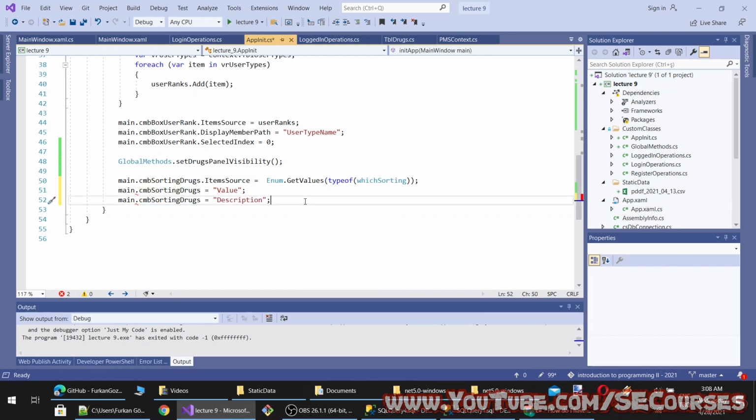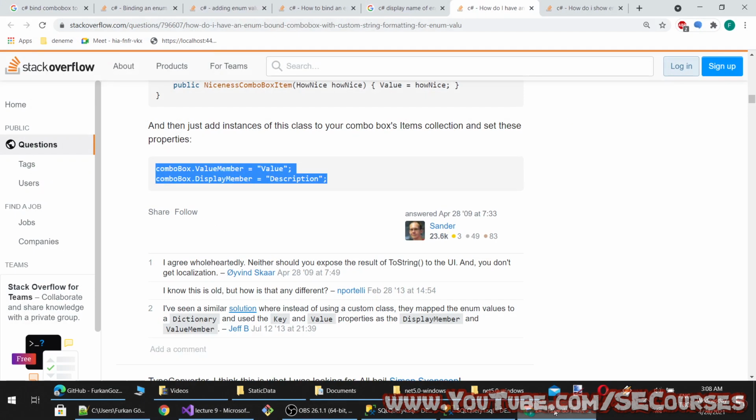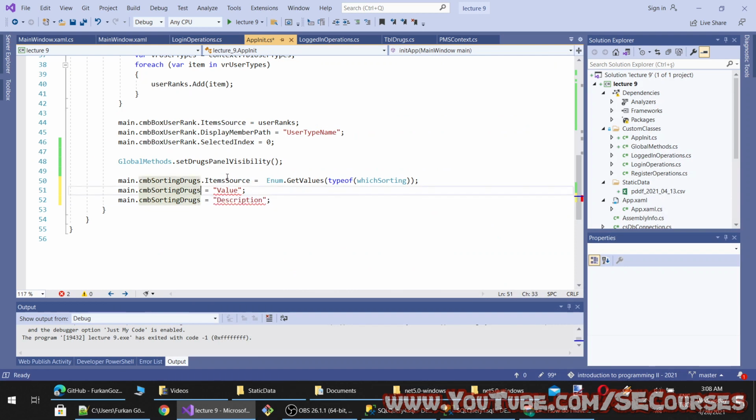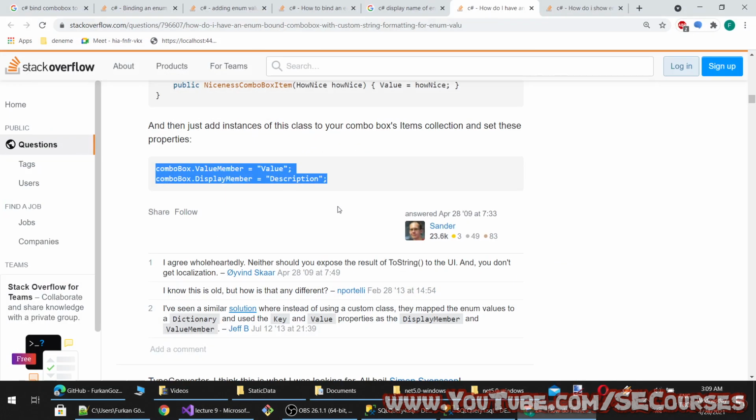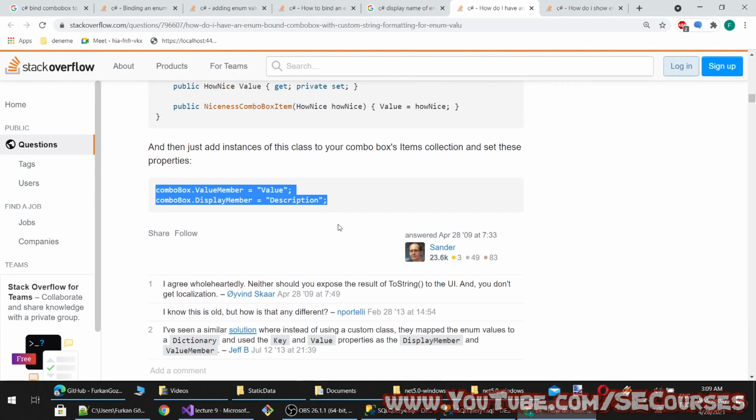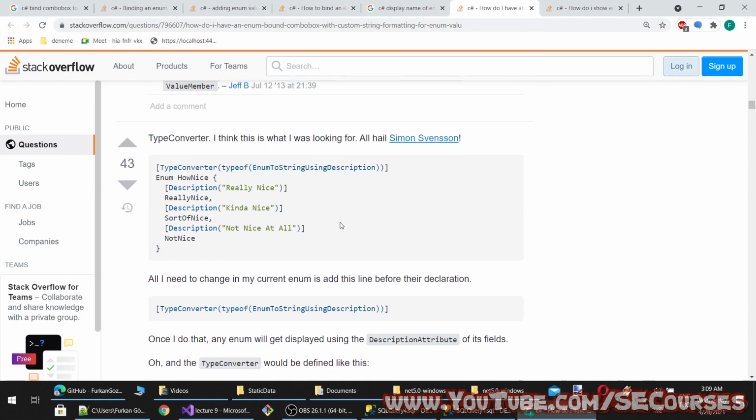Let's see what this will generate, but okay, this will be value member. There is no value member. Okay. Type converter.